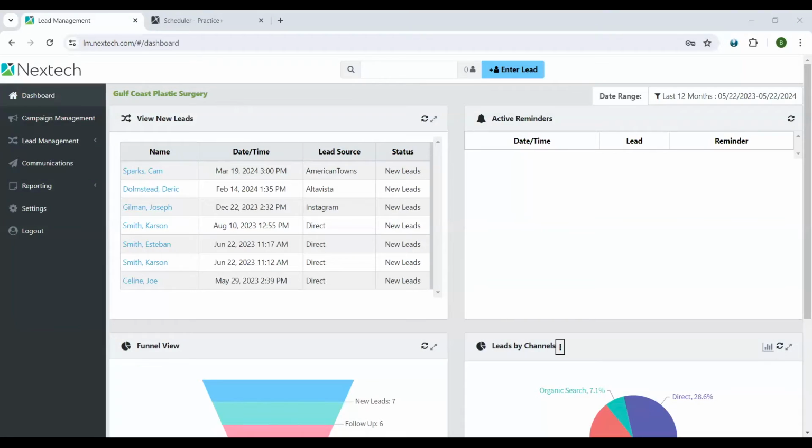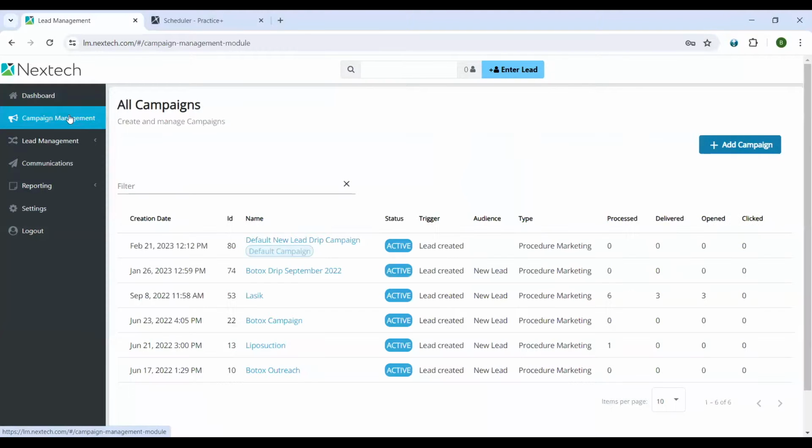Hey there, let's talk about some of the new features that came to the Nextech solution. First, starting with Nextech Lead Management, and that's going to be delivery stats for your email campaigns. What we'll find is if we go into the campaign management tool, there is now the option of seeing on the right-hand side those campaigns that have processed emails, delivered emails, opened, and clicked emails as well, so built right